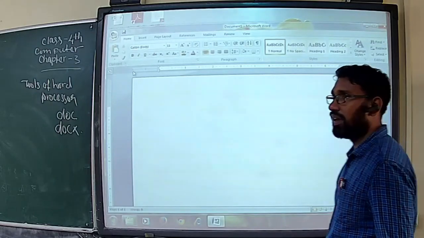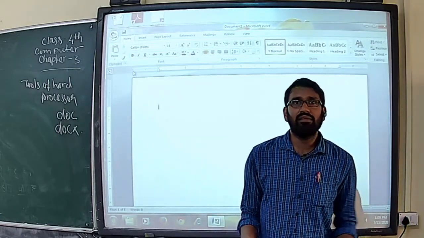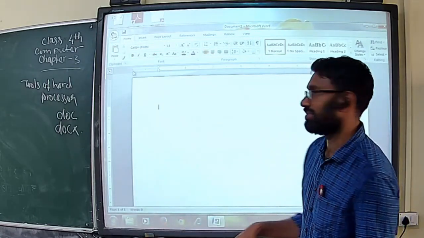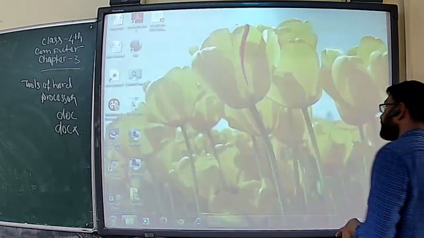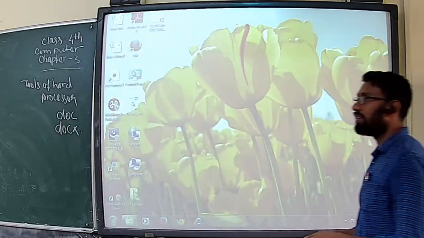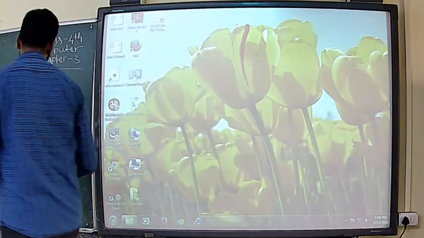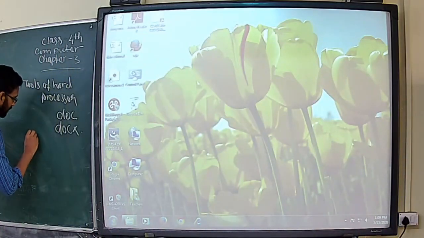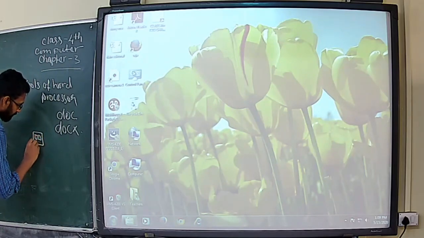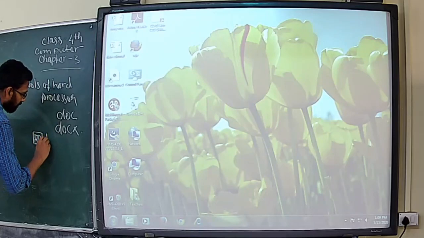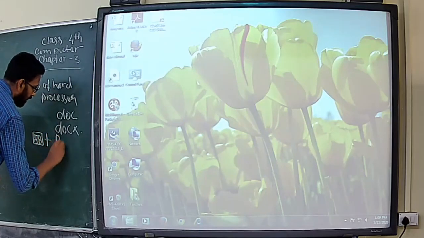Experts never use the mouse. They always like to use a shortcut to get to the Word application. For that purpose, we can use the Windows key. On the keyboard, you can see a Windows key. Then you press the R key.